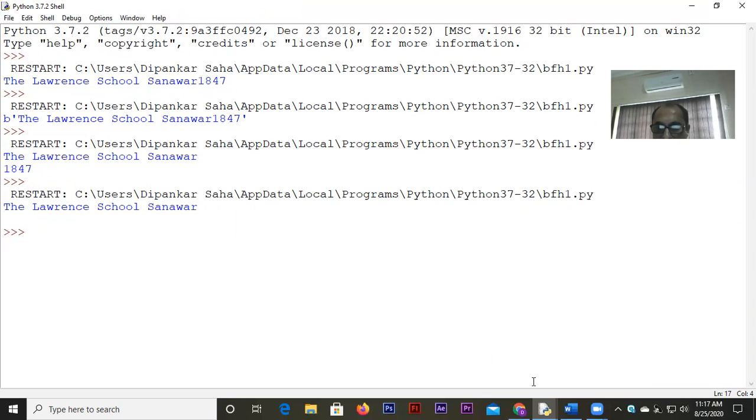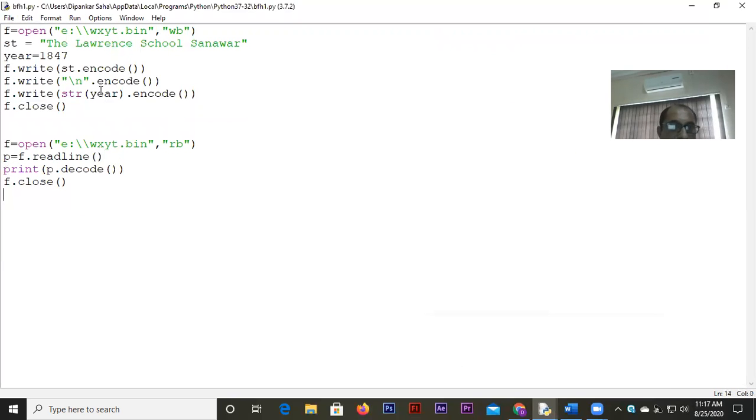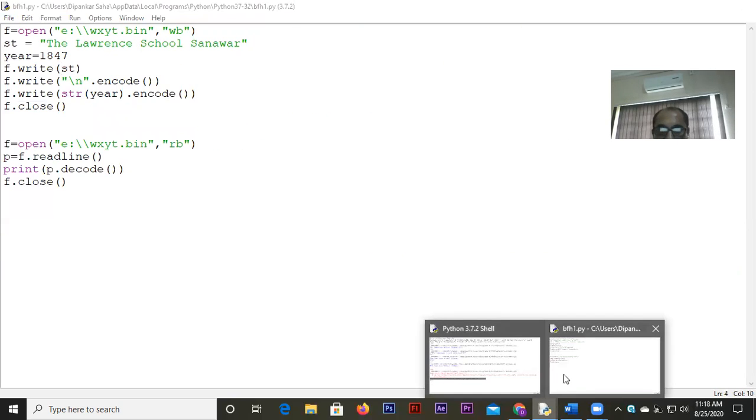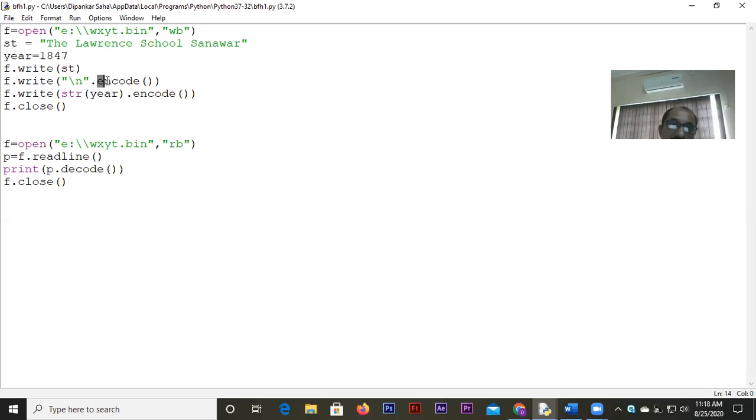Fine. So you understood what you have to do. Let us quickly go through. When we write, remember this, a string has to be written, but the encode function has to be applied on that. Otherwise, it will give an error. If you do not write this encode, then in the binary file, it cannot be written like this. It gives an error straight away. Look at this, I'm running the program. This error says, TypeError: a bytes-like object is required, not str. Str signifies string. So strings cannot be written onto the file. It requires a byte conversion, and byte conversion is done by the encode function.